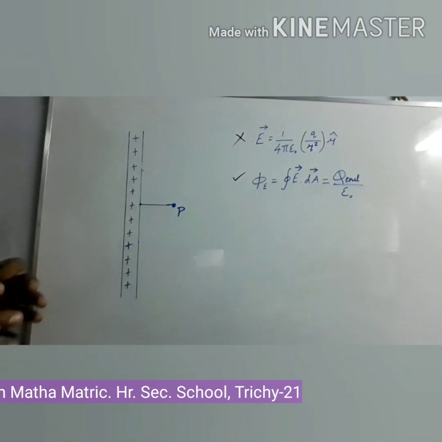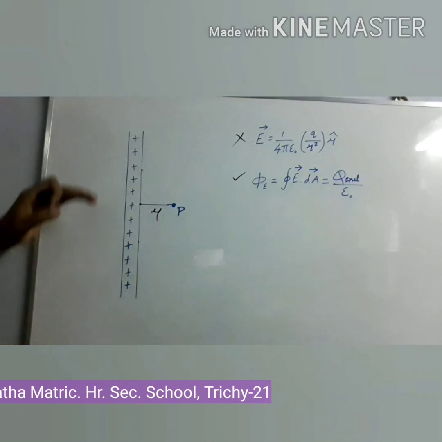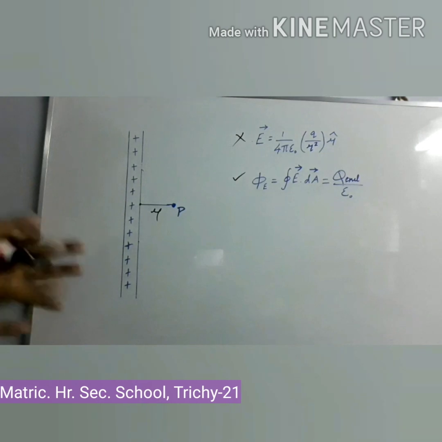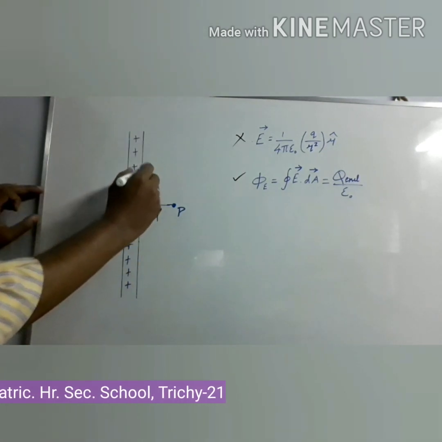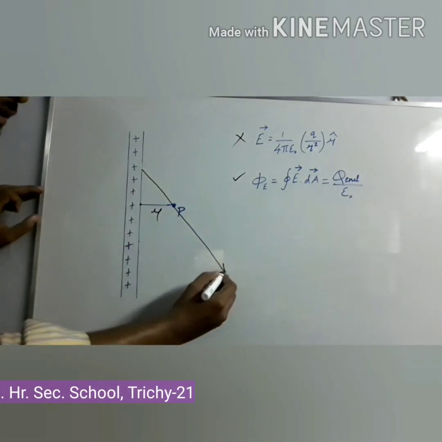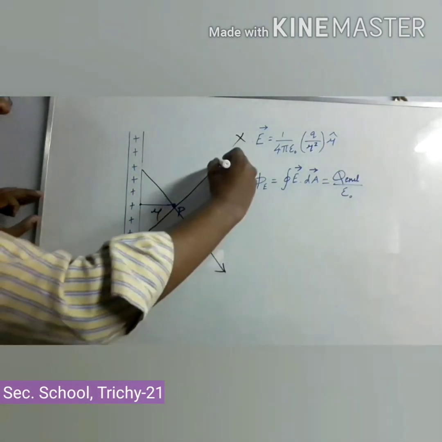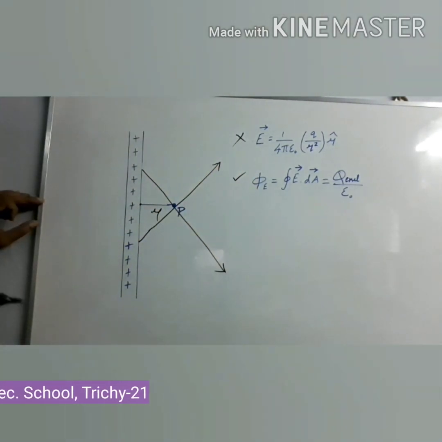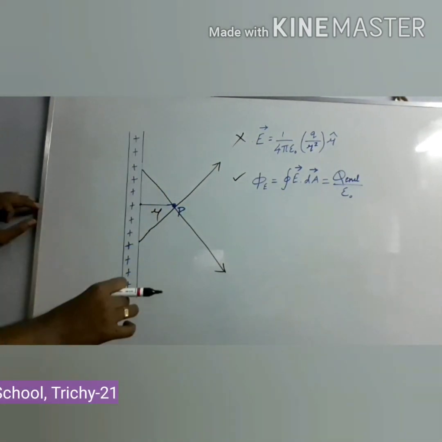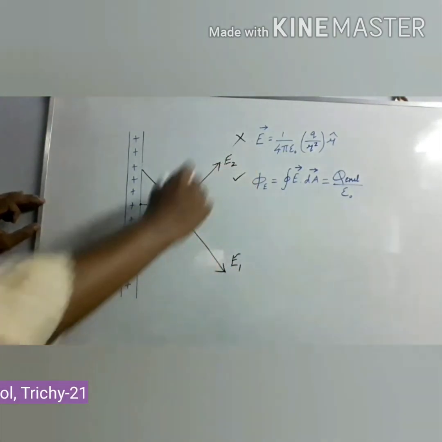Here we have to find the direction of the electric field at the point P which is located at the distance r. In the first demo itself we have seen the direction of the electric field. Here we are going to discuss it in a detailed manner. So we are going to take two charges. The first charge is going to give the electric field in this direction at the point P. At the same distance another charge is going to give the electric field in a different direction. So at the point P there are two electric fields given by two different charges in the wire. Let it be the first electric field and the second electric field.